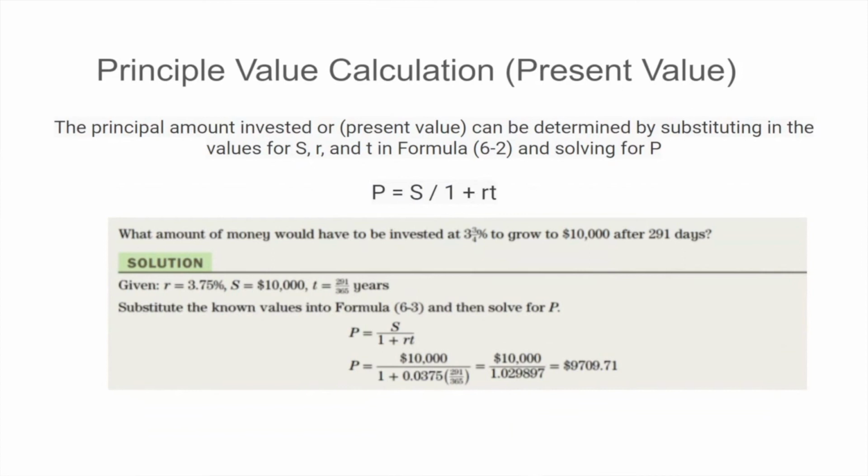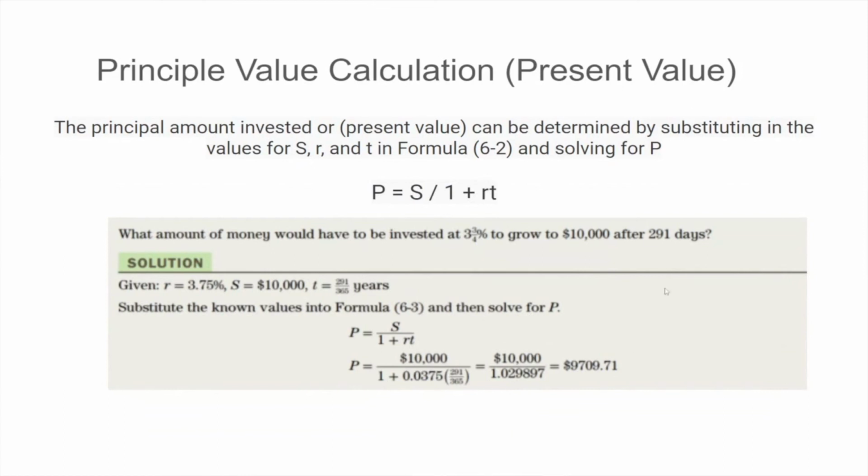So P equals S, 10,000, divided by 1 plus RT, which is the rate, 0.0375, times 291 over 365. That equals 10,000 divided by 1.029897. Notice we've got about 5 or 6 digits past the decimal, and you need that because otherwise you'll get a rounding error. And it will come to